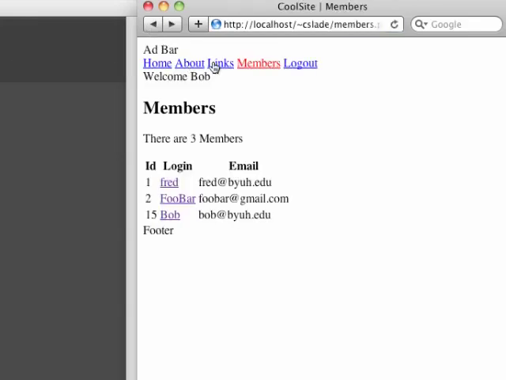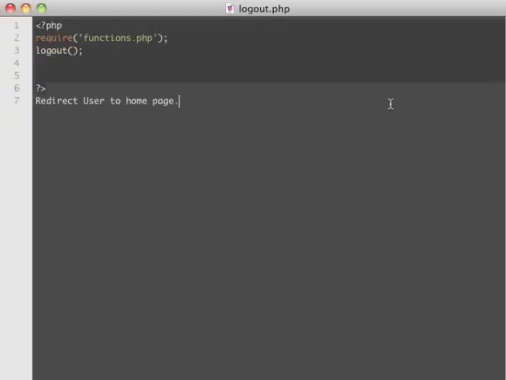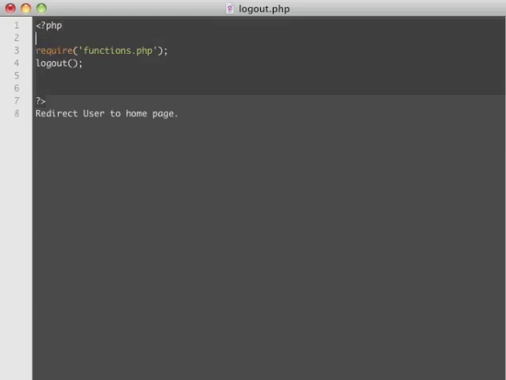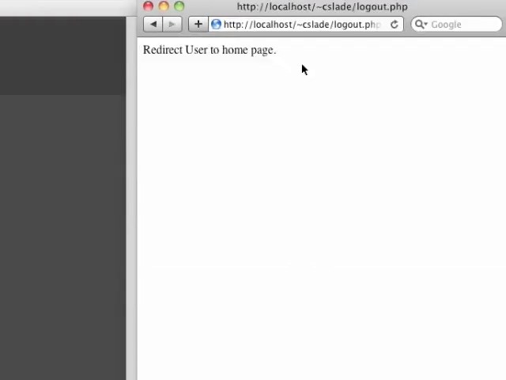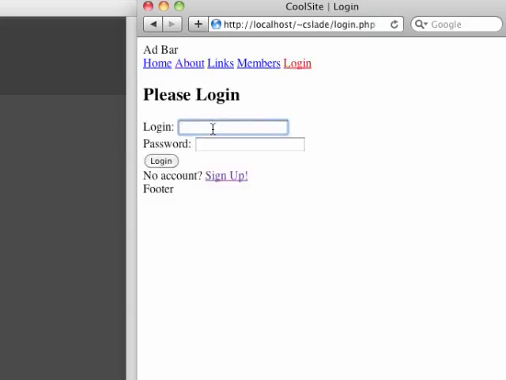So let's go ahead and look at our logout function. Actually, I think the problem here is we're not calling session start at the beginning. Yeah, remember we need to call this at the beginning of every page. But now we could see that no one is logged in, and up here we have the login button, and so now we can log in